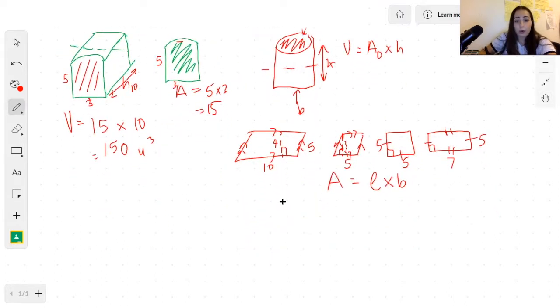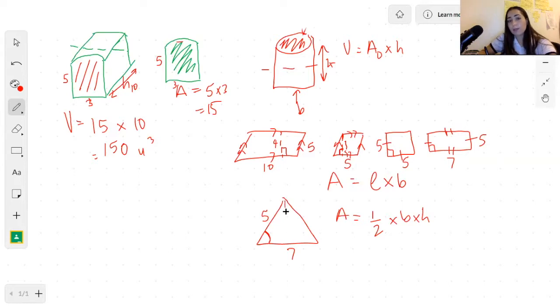A triangle we know is half the base times the height. Same with this though, the base and the height need to be perpendicular, right? If you're given the base to be 7 and you're given this slant height here to be 5, the area for this is not half times 5 times 7, because 5 and 7 are clearly not right angled to each other. They're not perpendicular. So what you need to do is drop this, find the perpendicular height,